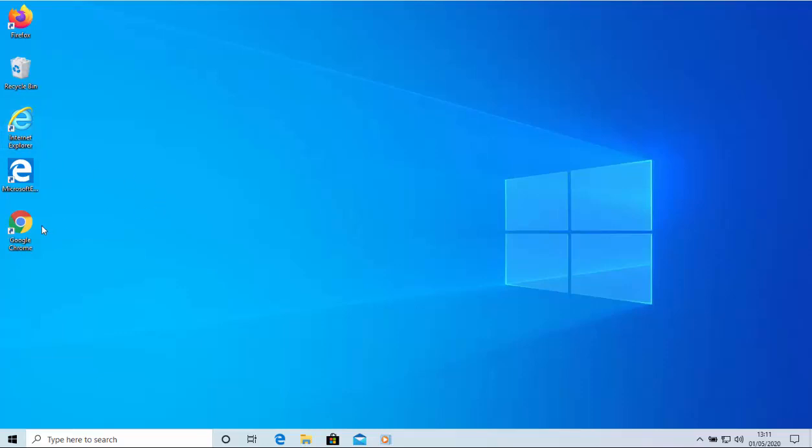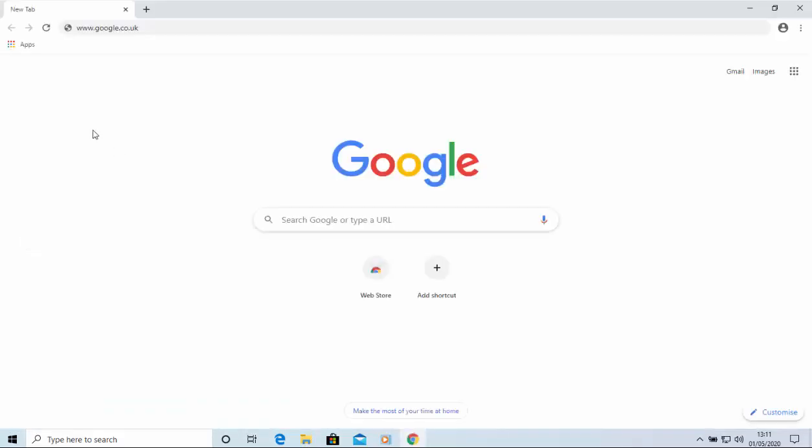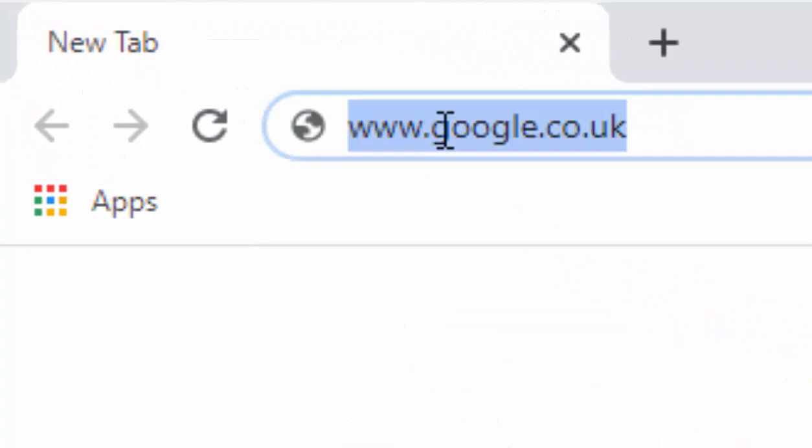So I'm going to open Google Chrome. So I'm just going to double click the icon on the desktop, and then when Chrome is opened I'm going to move my mouse up to the address bar right at the very top of the screen and left click once. Then I'm going to type